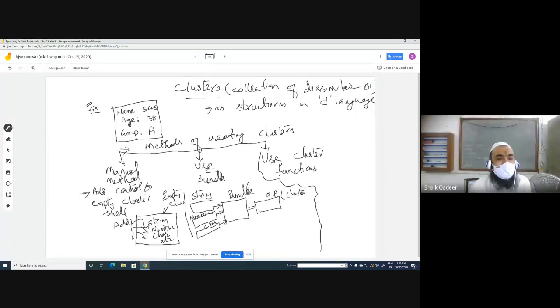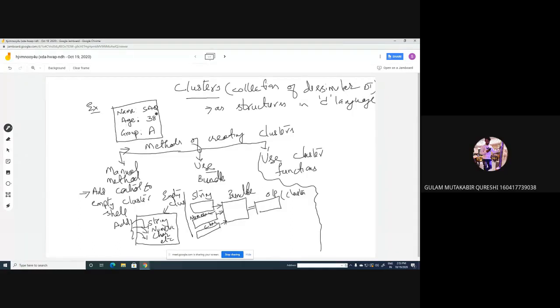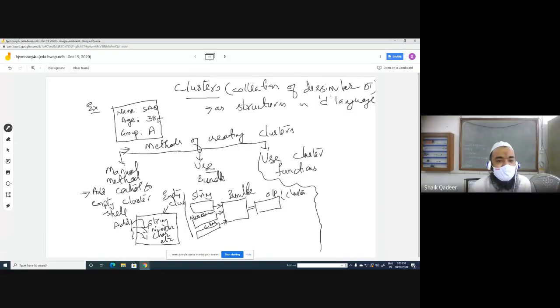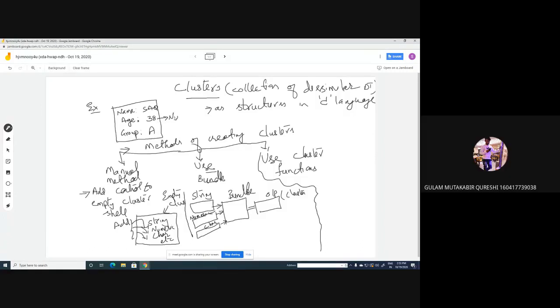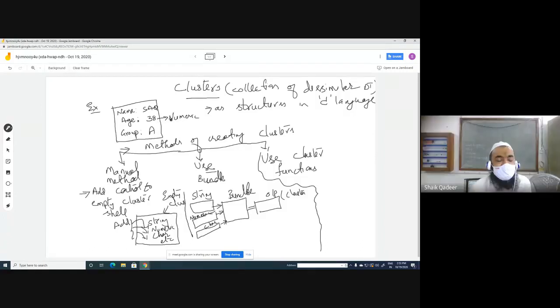The second collection in our application is the age, whose data type is numeric. In C we call it float or integer. And the third collection is like char, group, character.